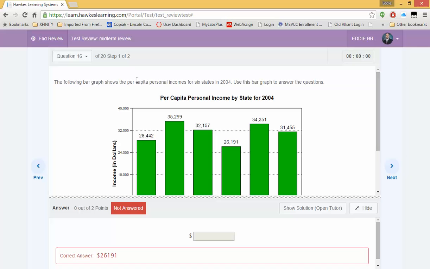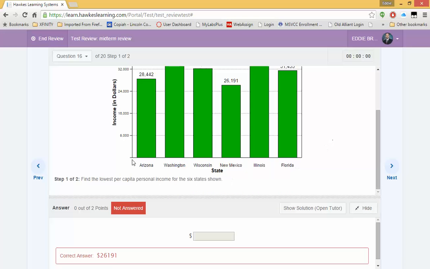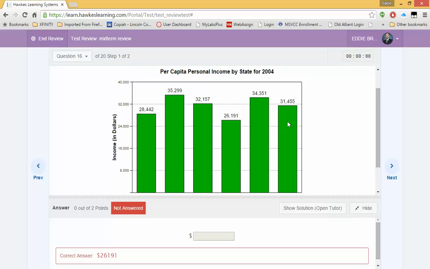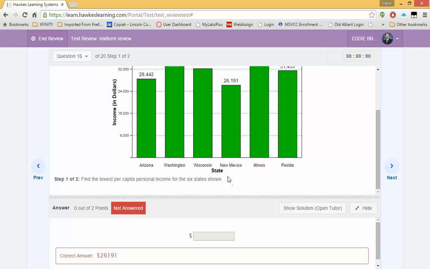The following bar graph shows the per capita personal incomes for 6 states in 2004. Use this bar graph to answer the questions. So it's probably pretty easy. Find the lowest per capita personal income for the 6 states shown. It's just going to be the smallest number, right? So that's New Mexico